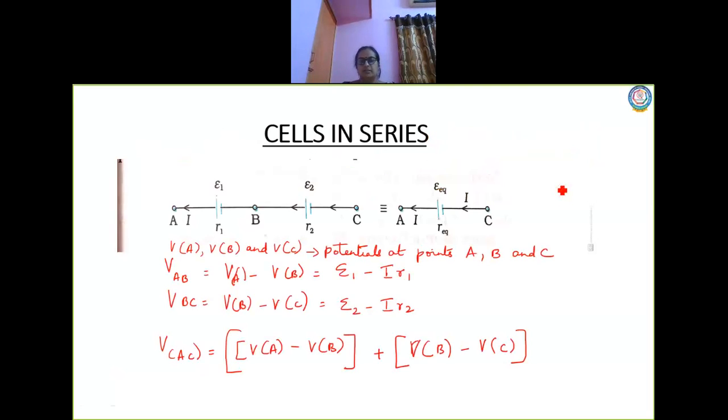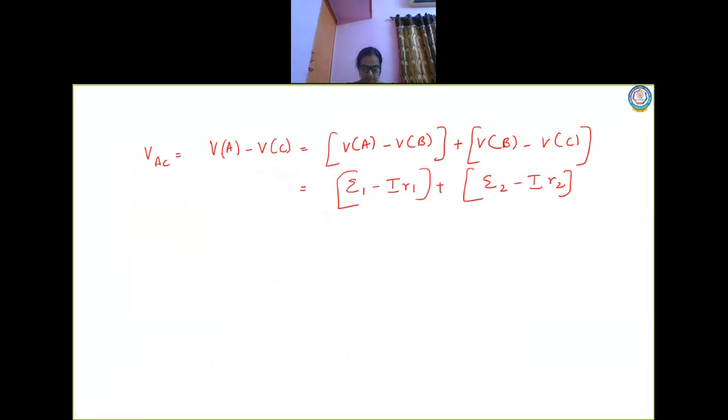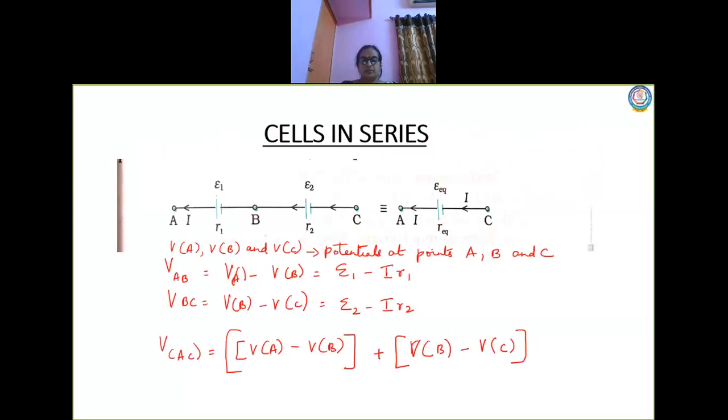Okay, just check. Now V of A minus V of B is this equation and V of B minus V of C is this equation. So I have substituted both. Now I will take the psi common out. So I have psi1 plus, actually in your textbook they have given as E1 plus E2 here, children. You change it, okay? So psi1 plus psi2. Now take this minus out. I also take it out. I have R1 plus R2. Is it clear, children? Are you able to understand? So this is with respect to this first diagram.